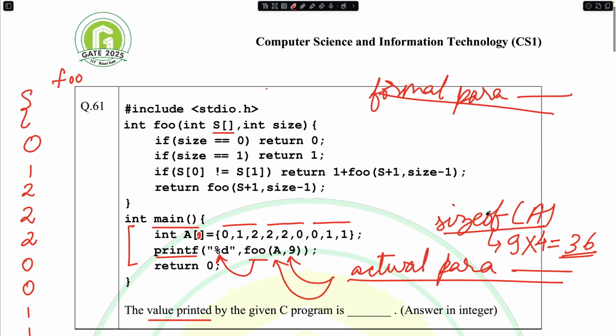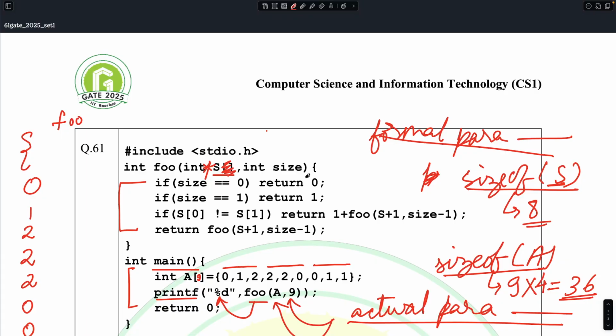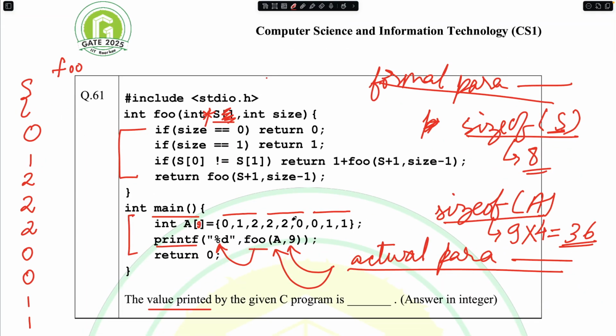But if I were to do the same thing, printing the sizeof s inside of foo, this is going to give me an 8. Why? Because s is interpreted as a pointer. When an array is sent, it is received as a pointer, right? So this s, if these brackets were not present and a star was present over here, that would have been equivalent. Now this is a concept that you will understand as practice goes on,